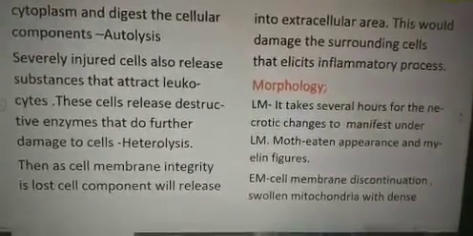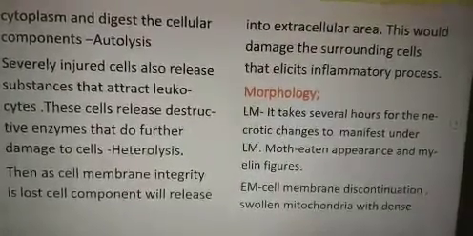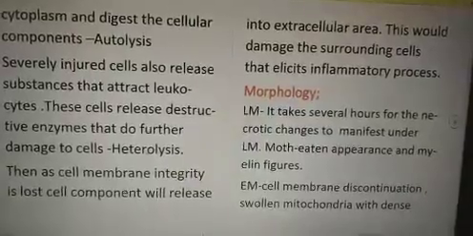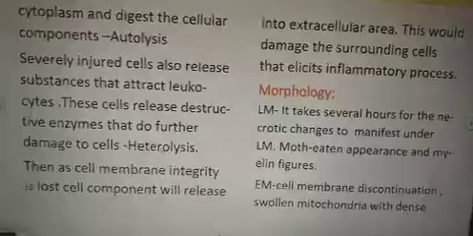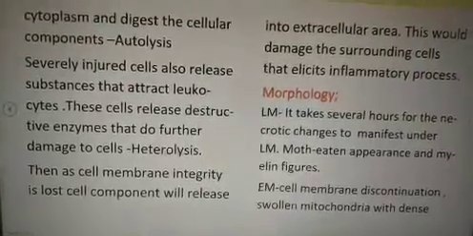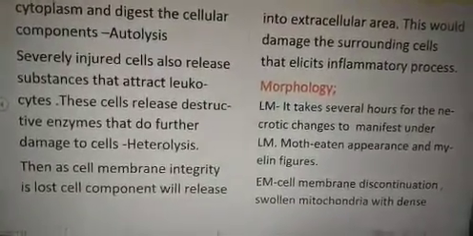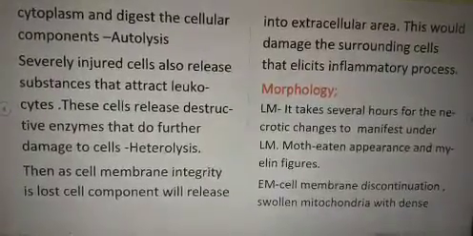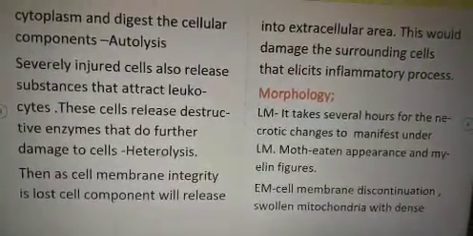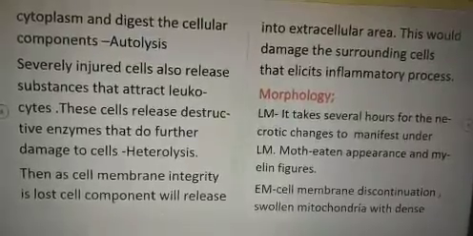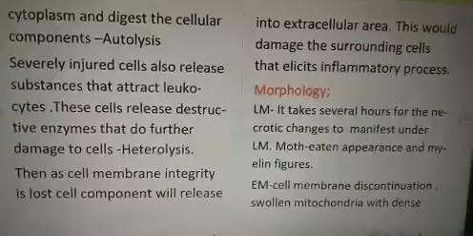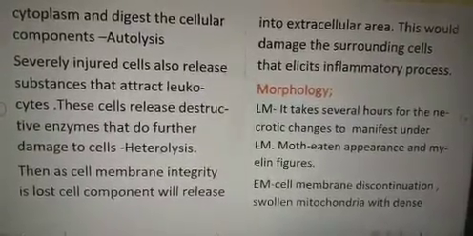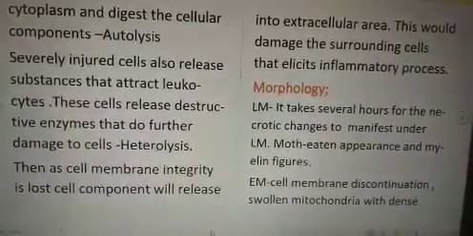The second is myelin figures. So what are myelin figures? Myelin figures are the phospholipid membranes of organelles and of the necrotic cells that fold themselves, and they appear as folded bodies that we call myelin figures. These myelin figures are either removed by macrophages over time, or if they remain for a long period of time, they persist at the area of necrosis. They can undergo calcification.